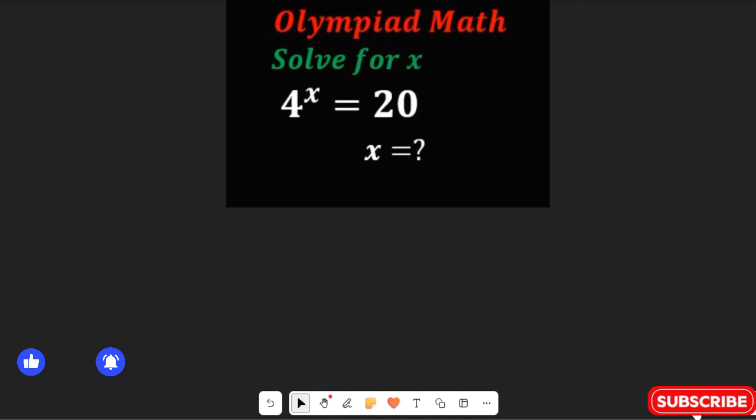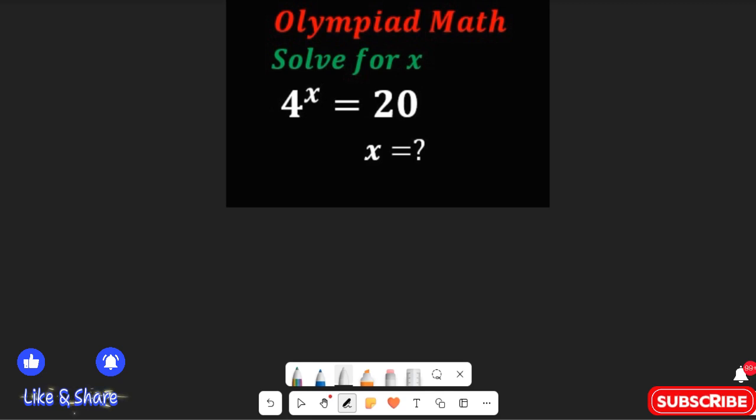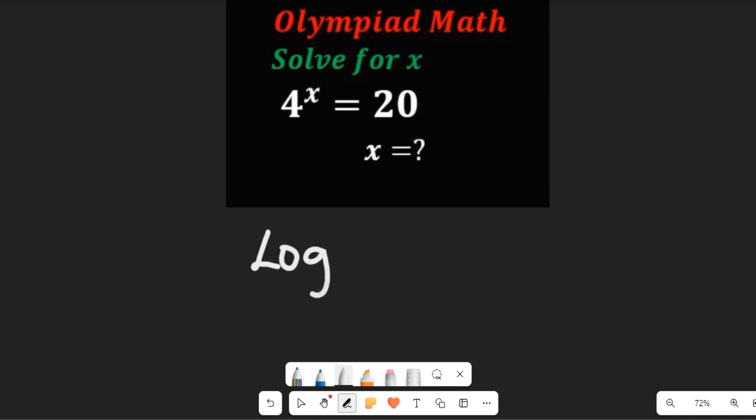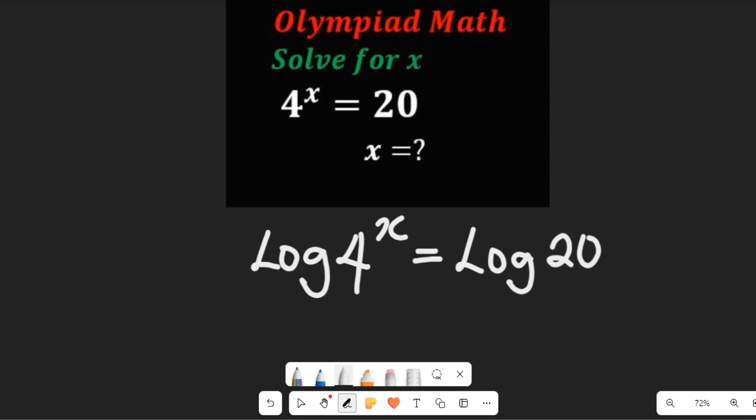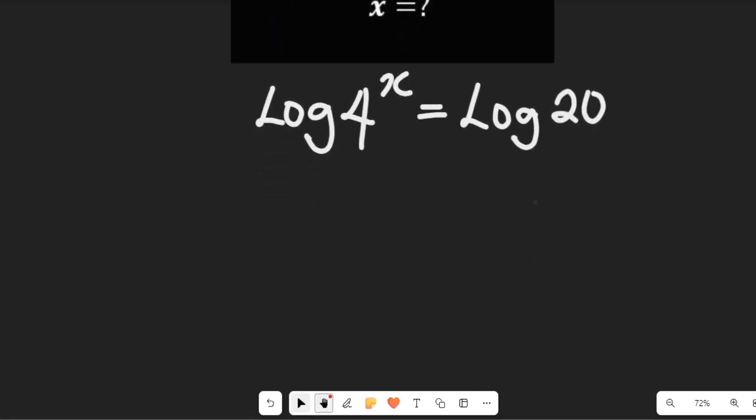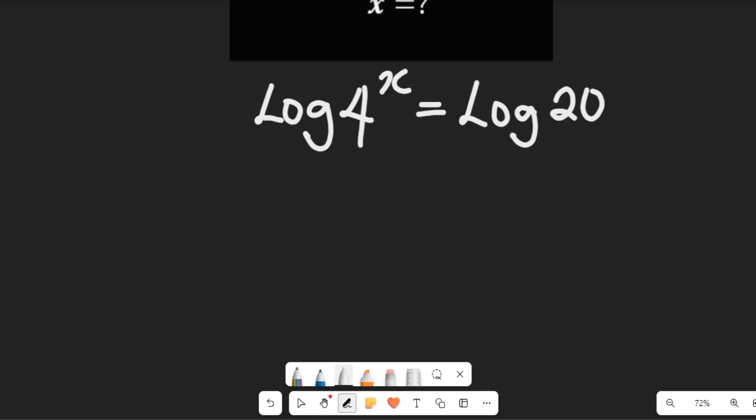So what we're going to do now is to take the log of both sides. Now, if we take the log of both sides, we should be able to arrive at a solution to this question. We have the log of 4 to the power of x equal to the log of 20. So if we have gotten to this point, in the next step, we can simplify, knowing that the power will come over here and that will become x